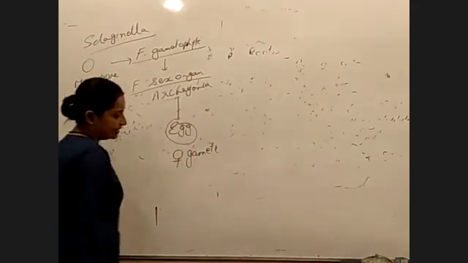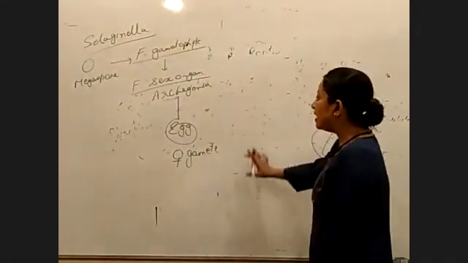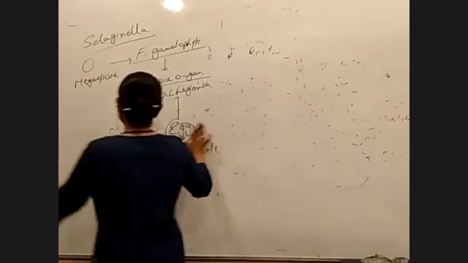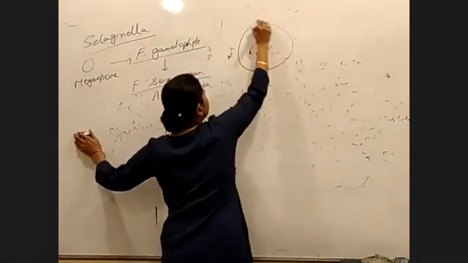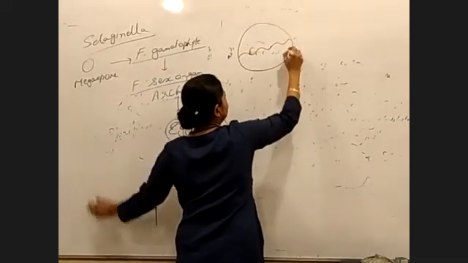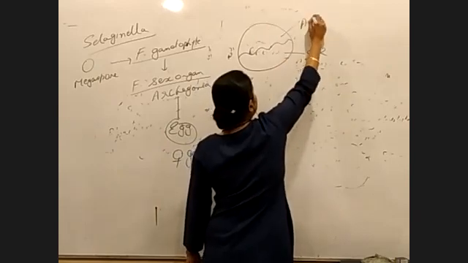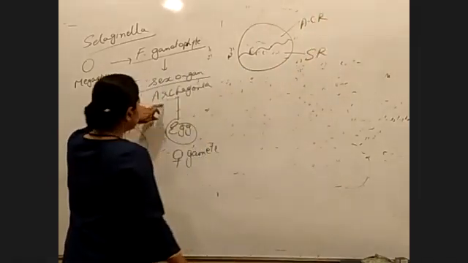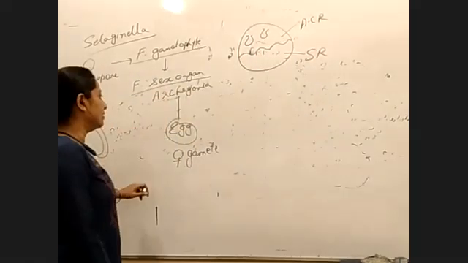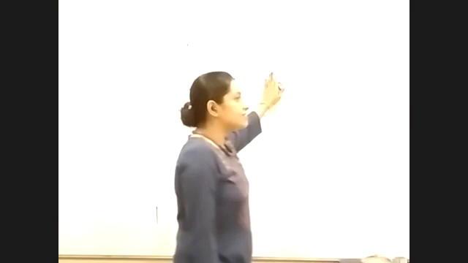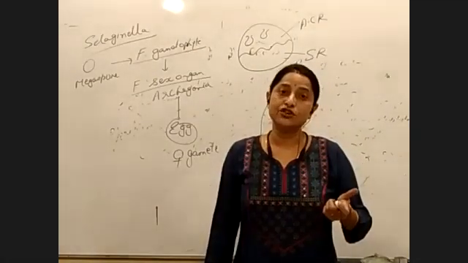Is it clear? Yes, ma'am. Now where can you see this structure? The female gametophyte in Selaginella looks something like this. It has two regions. This is the storage region, and the upper portion is the apical cushion region. Where will the archegonia be? Here. My question was, what is there in this structure? There is the egg, and fertilization will happen there.